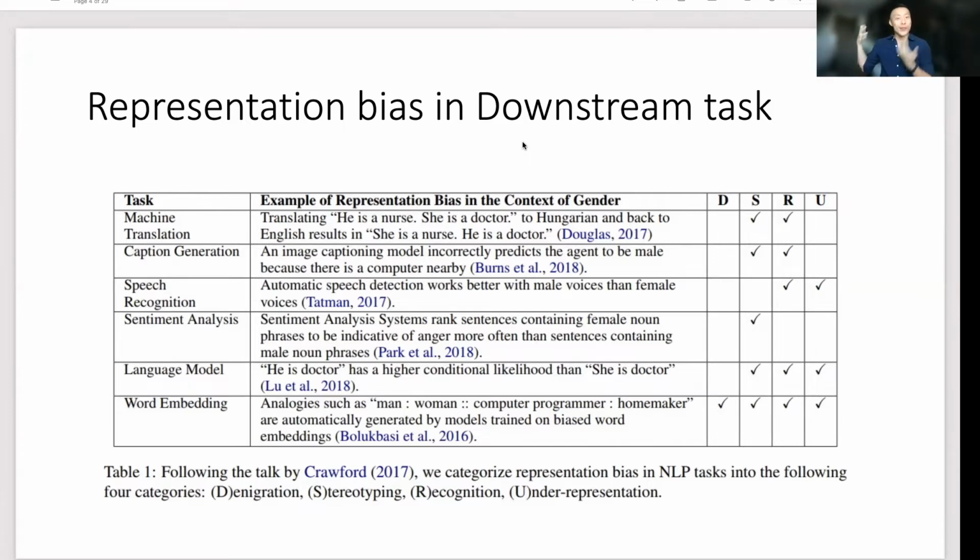All right, language model, usually talk about it for 2 weeks for somebody to understand, but that's the gist of it. So they found that the sentence "he's a doctor" has a higher probability than "she is a doctor." Why? Because they see that more in the data. So the bias is actually in the data, but it shows up in the output of it. All right, so these are some of the examples that people have found to be problematic in terms of gender biases.